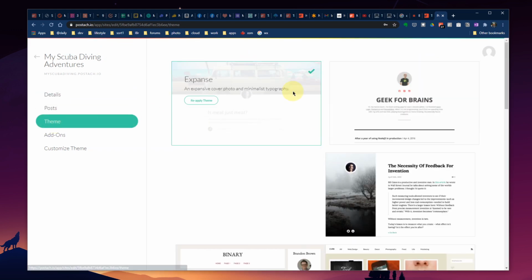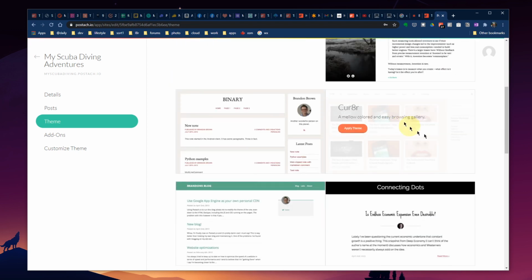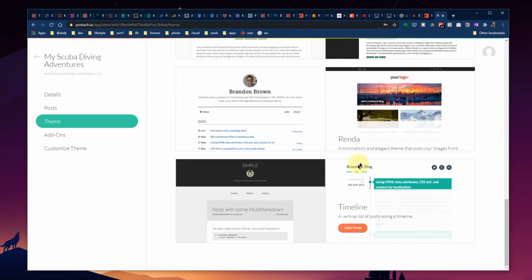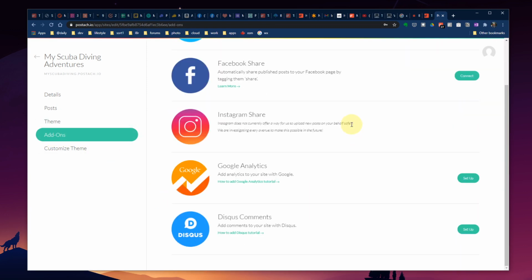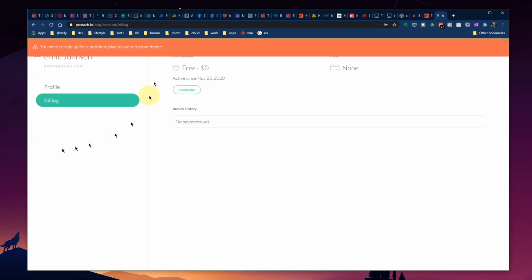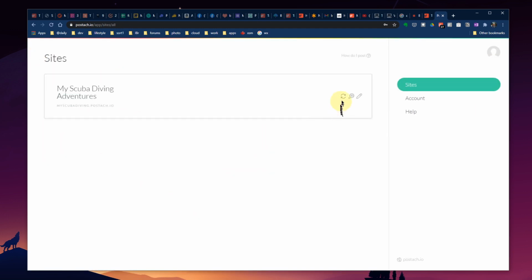Theme, we can select what our website is going to look like. So you can select different themes off of here, apply the theme, and everything will change in real time for you. A few different add-ons, you can play around with those on your own. And customize theme, again, that is a premium feature, so we don't get that. Let's go ahead and